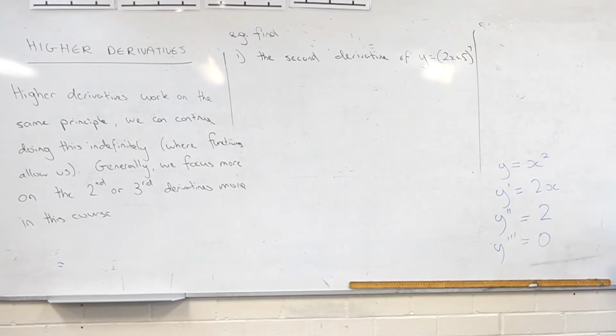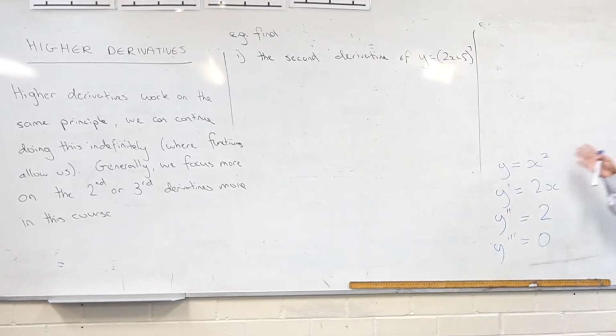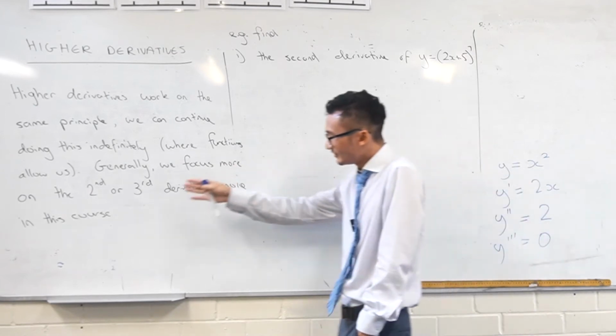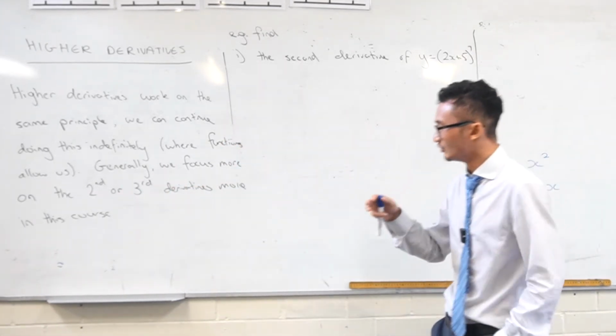And so what I mean by where functions allow us, you could keep taking the derivative of this, but you would just keep getting 0, right? So there's not much meaning or purpose to that. So that's from a perspective of why we want to do that. Now, we generally focus on the second and third derivatives in this course, and that's because